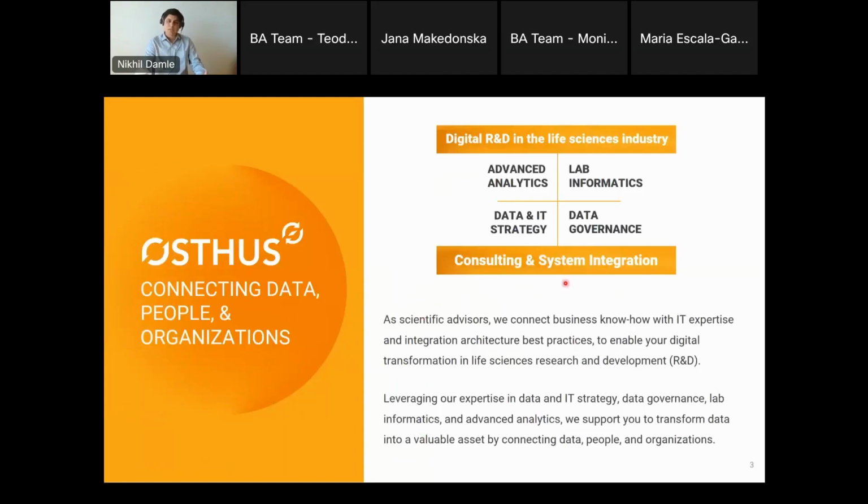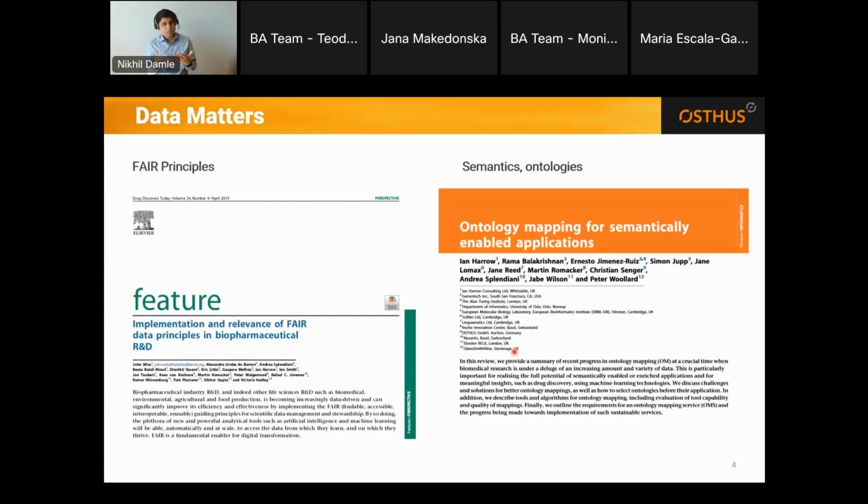So at Ostrus, we are system integrators. We provide consulting and system integration services to top 20 leaders in the life science industry to facilitate the R&D processes in their daily businesses, using our scientific domain expertise, knowledge, and innovative data-centric approaches. We understand the value of data. We know that data matters, and we help you realize the value of your data. We are one of the front runners in these areas. My previous colleagues have authored publications on this topic, and I welcome you to have a look at them.